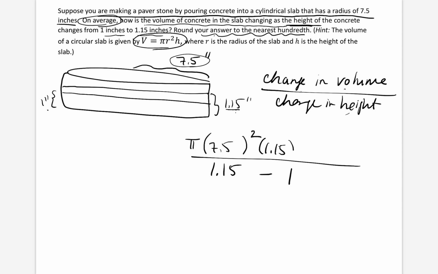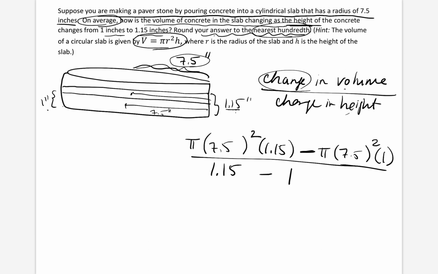is 1.15. And now we're interested in the change in volume, so now let's subtract off the volume when the height was 1 inch. That's going to be pi times the radius, which is again 7.5 inches because that's the radius throughout, and then times the height, which is 1. And since we're trying to round this to the nearest hundredth, we would put all of this into a calculator and we would get approximately